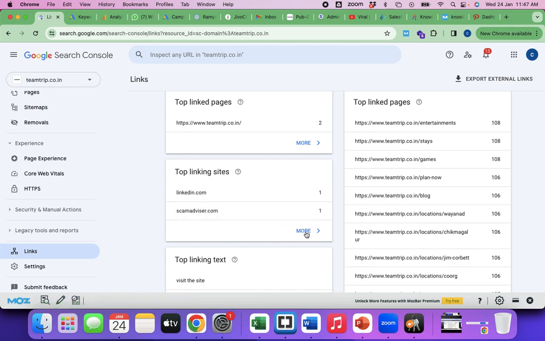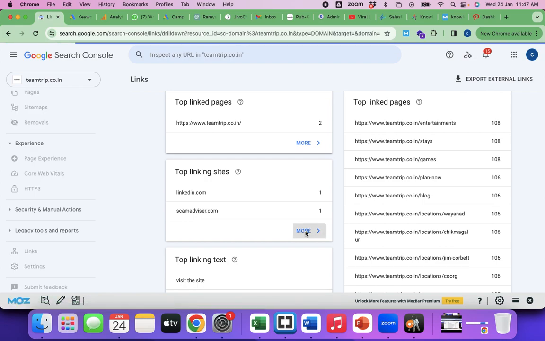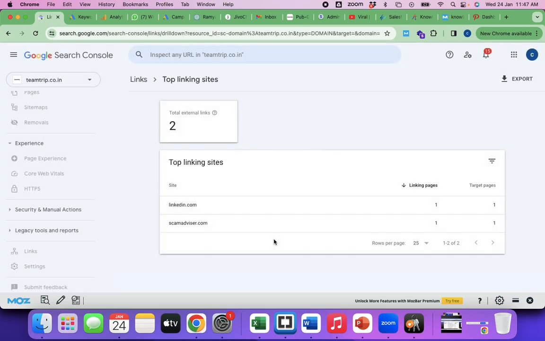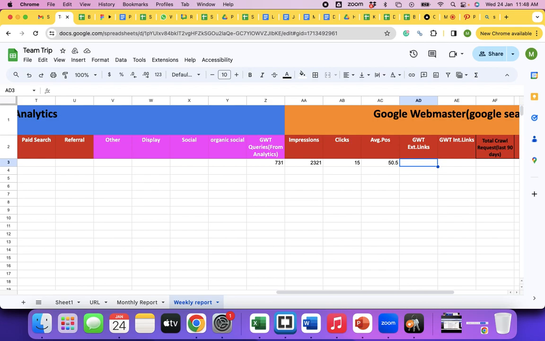To see all the links, again the problem is the same. This is giving just sample data, but if your website has only 100 links, it shows all the 100 links. This website has got links from scamadvisor.com and linkedin.com. Only two external links to your website.